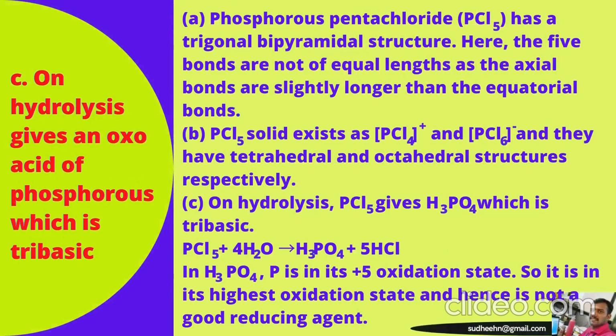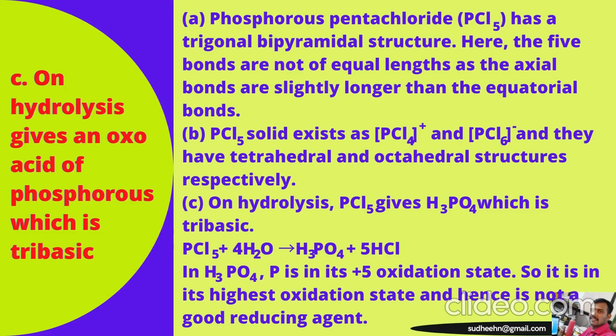We'll discuss the options one by one. The first option, that is phosphorus pentachloride, has a trigonal bipyramidal structure. Here the 5 bonds are not of equal lengths as the axial bonds are slightly longer than the equatorial bonds. Option B, that is PCl5, phosphorus pentachloride solid exists as PCl4 plus, that is tetrachlorophosphonium, and PCl6 minus, that is hexachlorophosphate,